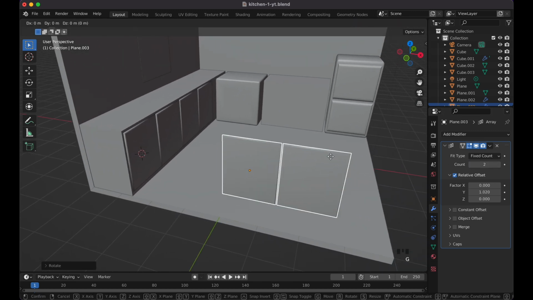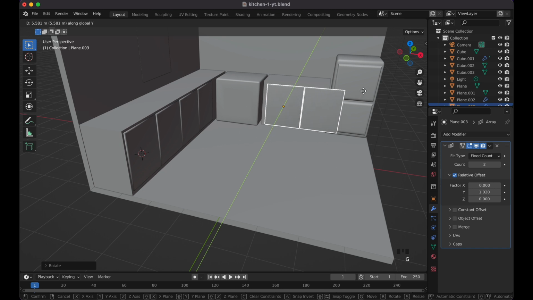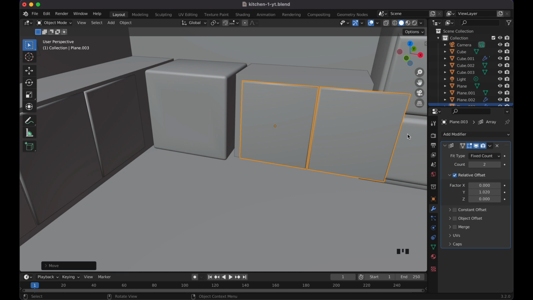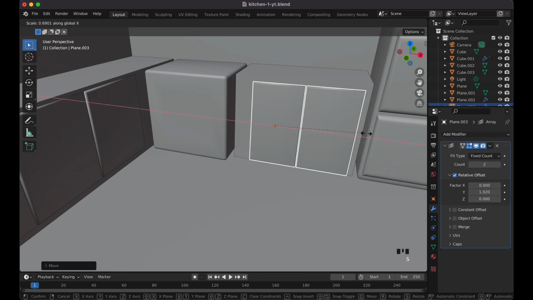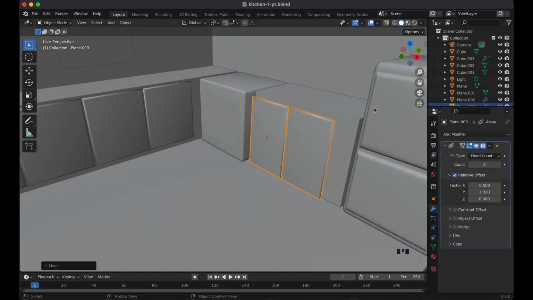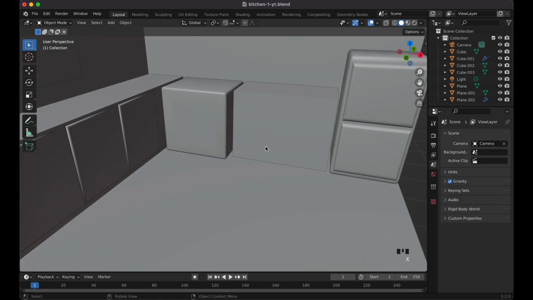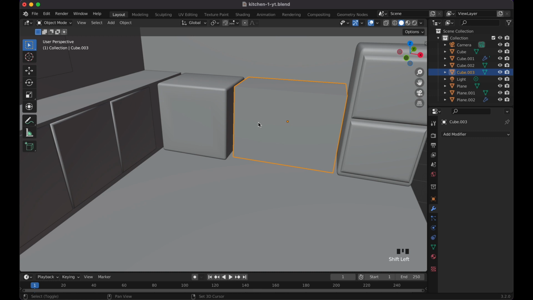And then we can do GY like this. Have it over here. And then we can scale X even smaller, GX like this. And basically you could do that again like that. However, I'm actually gonna delete this because I want to do Shift right click here, Shift right click on actual